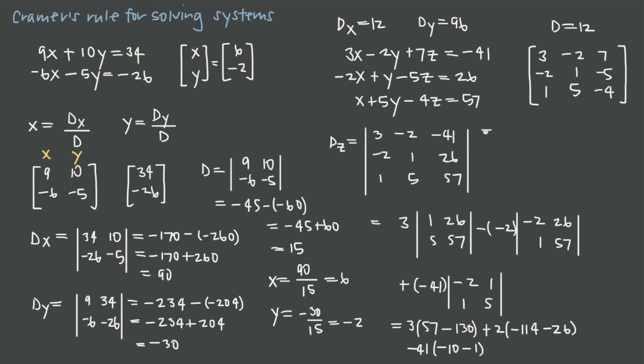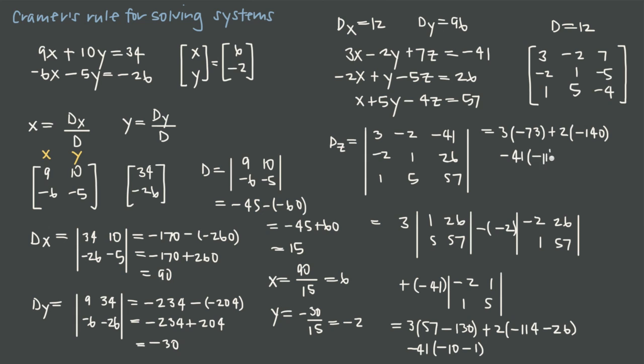So if we go up here to simplify, we get 3 times 57 minus 130 is a negative 73, so negative 73, plus 2 times negative 114 minus 26, that's a negative 140, and then minus 41 times negative 10